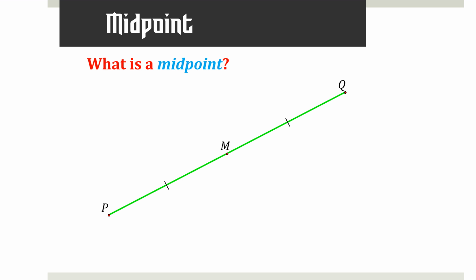Now, there's an important element in here that he managed to work into it as per Katya's help, and that is it has to be on the line segment. Why is that important? Well, if I take this point up here and call that point R, that point can also be equidistant from the endpoints of the segment. And we don't want that. R is not a midpoint. That's something different that we'll get to later. So it has to be on the line segment,